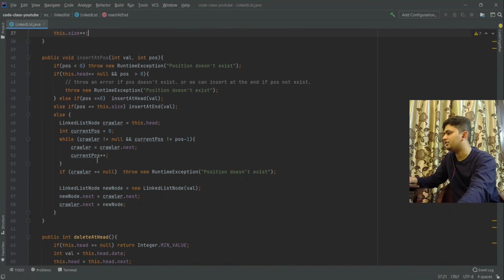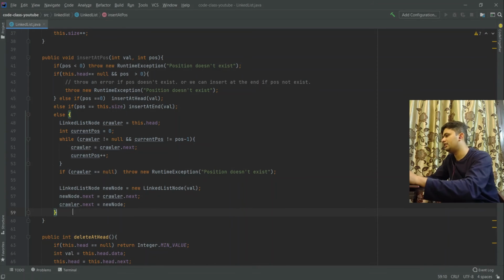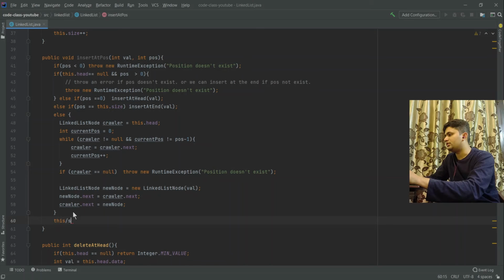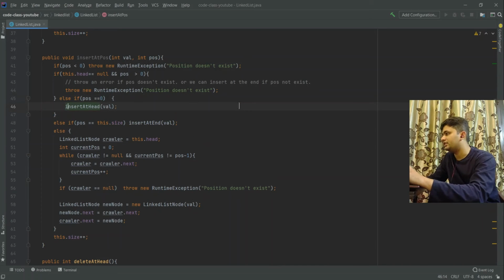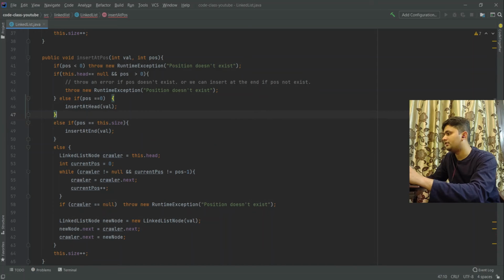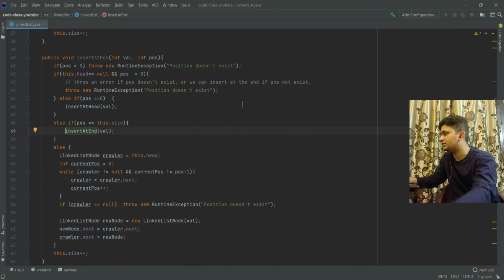Insert at position, we can do at the end this dot size plus plus. But one thing we must note here is that if we are inserting using these functions, we don't want to increment the size value again.